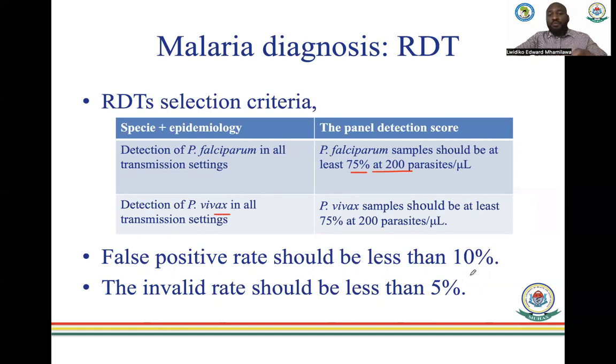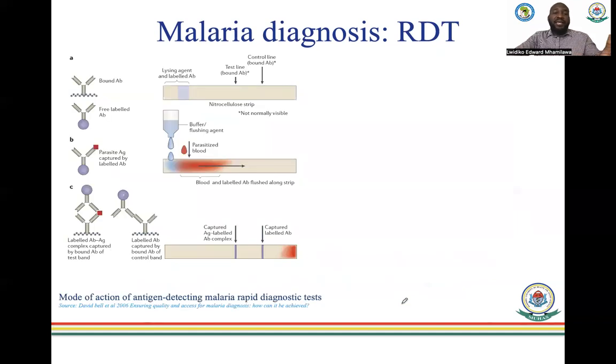And you should have a false positive rate of less than 10%, and the rate of invalid results should be less than 5%. There are several factors that affect your results, whether it comes to false positivity or invalid results. And this is an example,